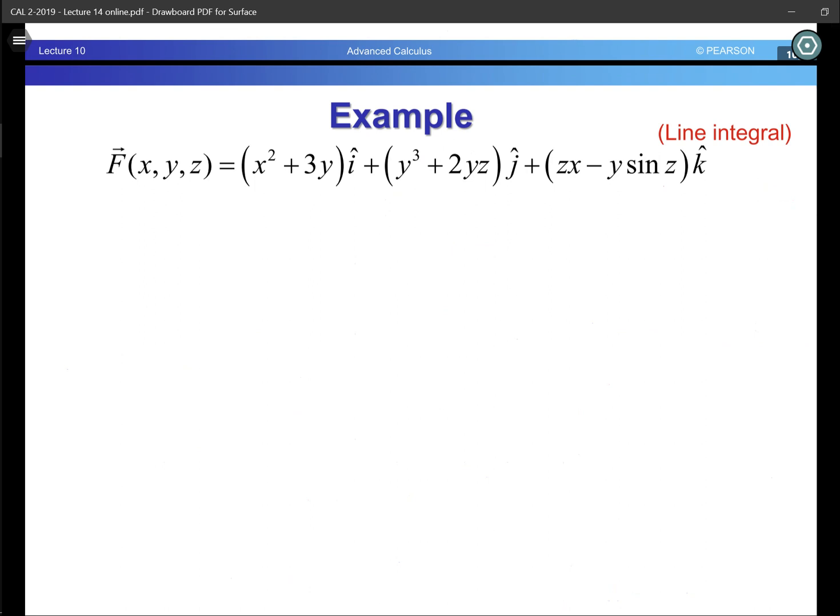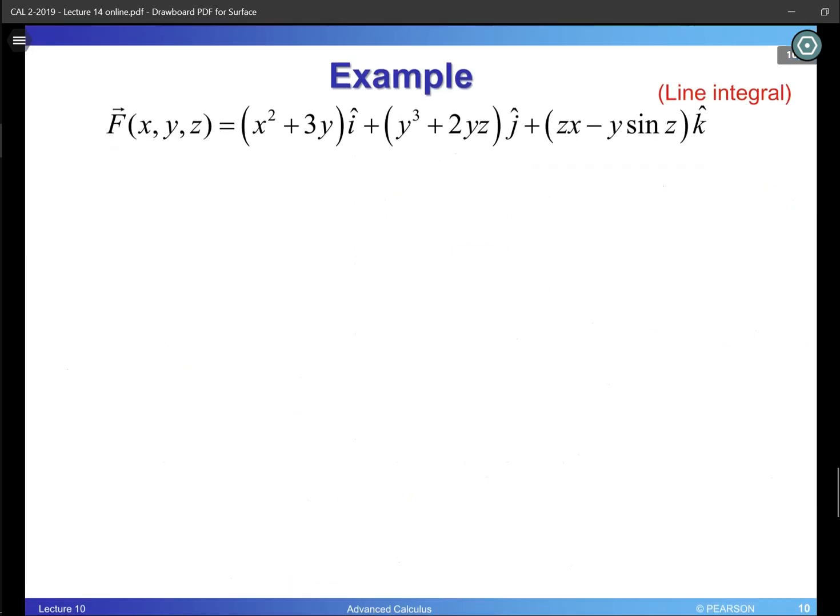This is line integral. We have done this in the last lecture. In the last lecture, we have an example about finding the work done along the path. So that is line integral. Let's do something like that over here. So we have this vector field same as the previous one, but in this case we are going to find the line integral along this vector field. And then it's given to us that